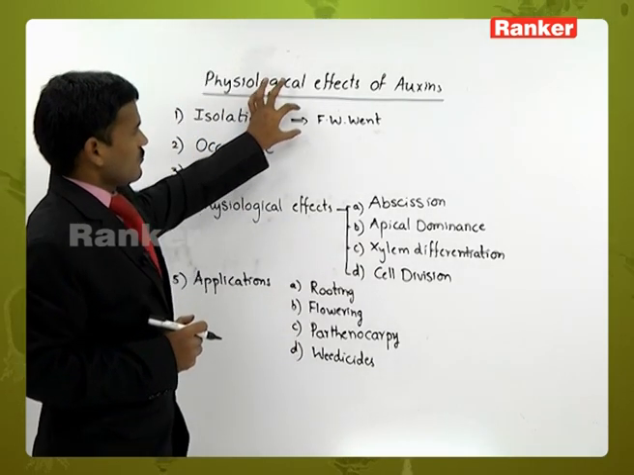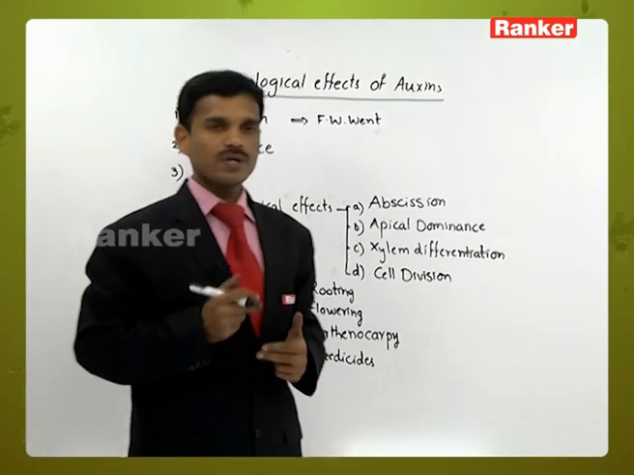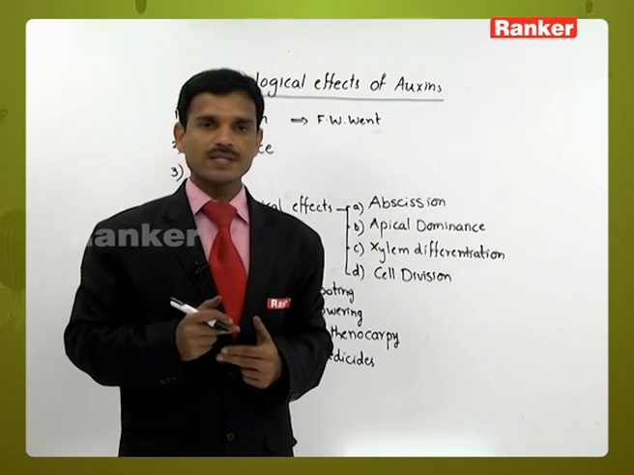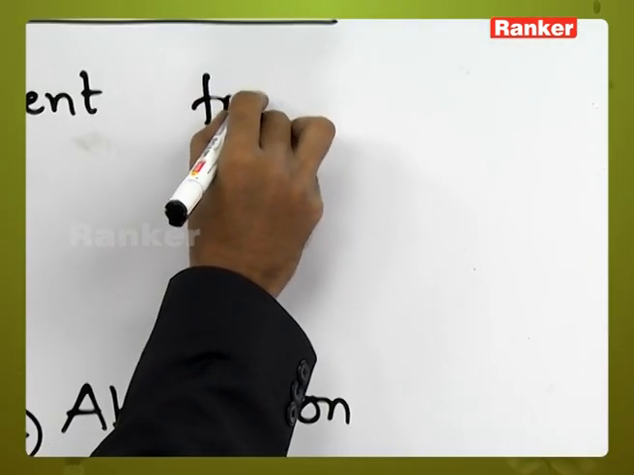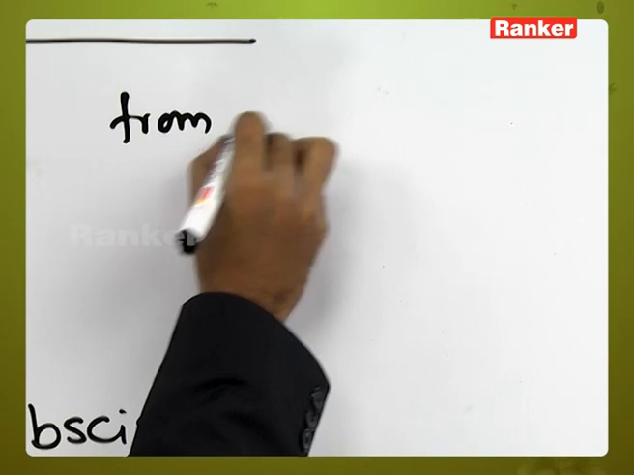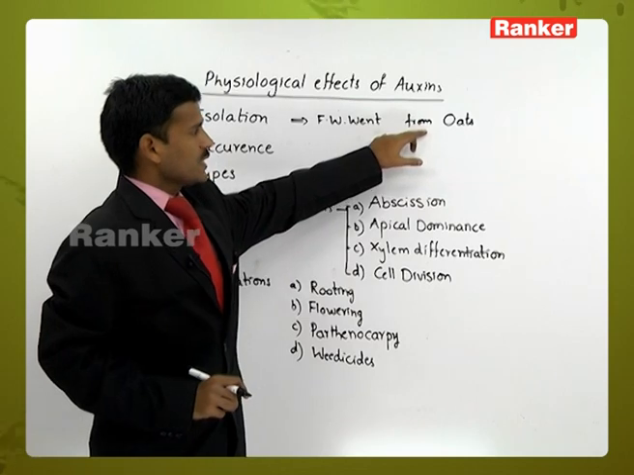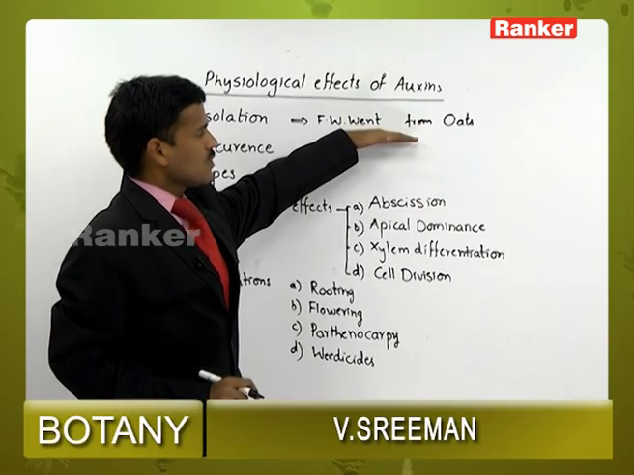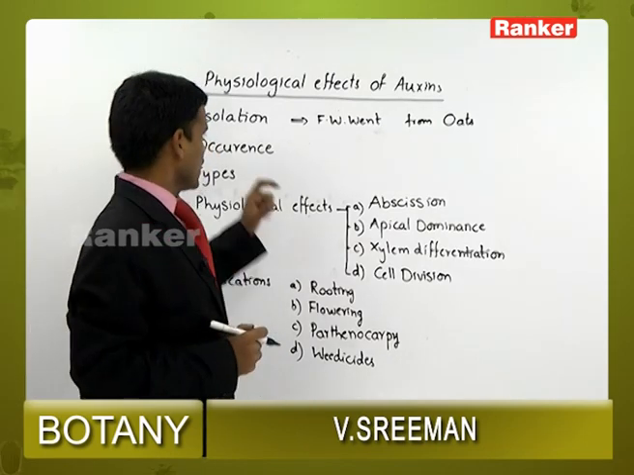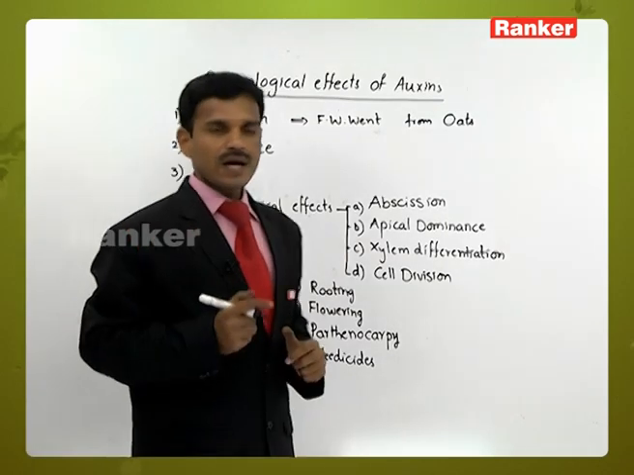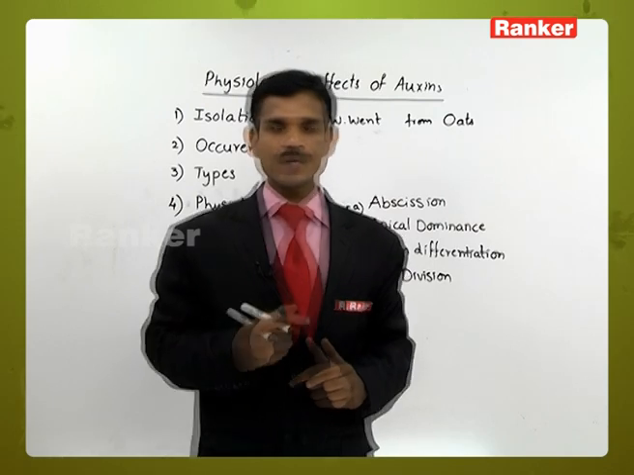Next, from plants these were isolated, and before the isolation of auxins from plants, auxins were isolated from human urine. Here from oats, auxins were isolated, and before the isolation from oats, auxins were also isolated from human urine. Next, occurrence: where they are synthesized. Auxins are synthesized in root apices and shoot apices,